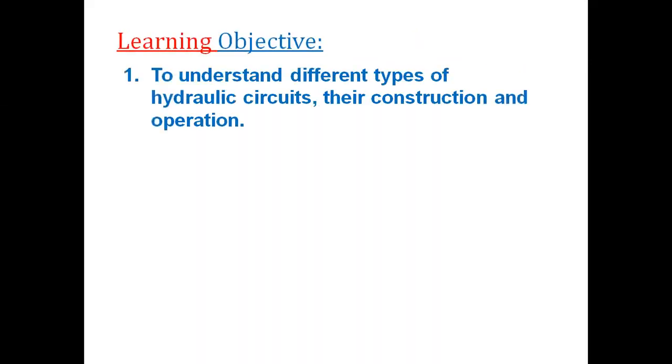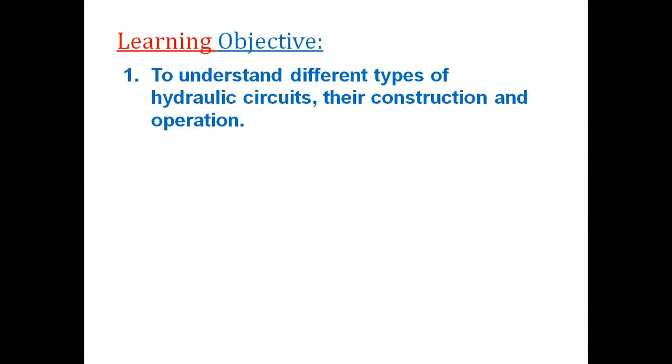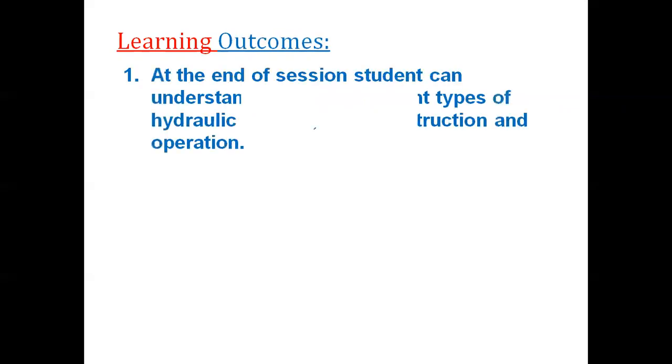Learning objective: to understand different types of hydraulic circuit and their construction and operation. Outcomes: at the end of the session, students can know the different types of hydraulic circuit and their construction